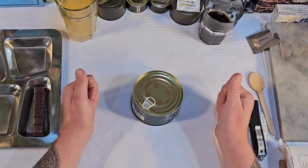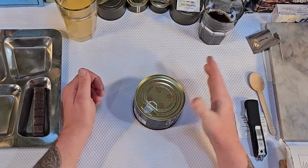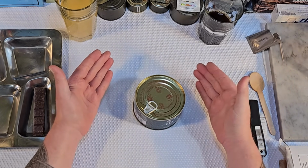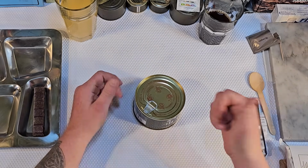So I'm going into this 100% blind. I know it's Hawthorne slices. I know how many calories are in the can. I know it's not wet in there. I have absolutely no clue what I'm getting into. I mean, maybe Hawthorne is just a Chinese word for bread. I have no clue, but we are going to check this out while we're waiting for that Flameless Ration Heater